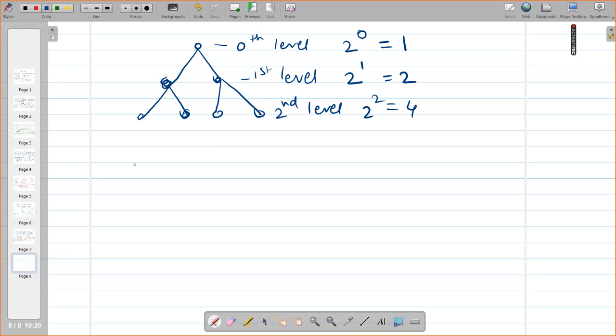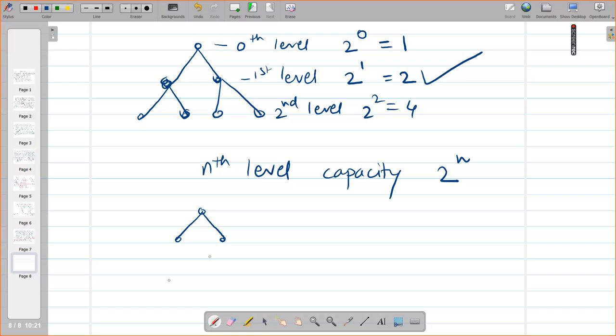Do you understand the concept of capacity? Yes, ma'am. And tell me, what is the minimum number possible? At most there will be this many; at the nth level, how many vertices can you put? What can the capacity of the nth level be? 2^n. And how many minimum vertices can you put at each level? How many minimum vertices? Here I put 2. At the next level, how many minimum can I put? It is a binary tree, therefore.